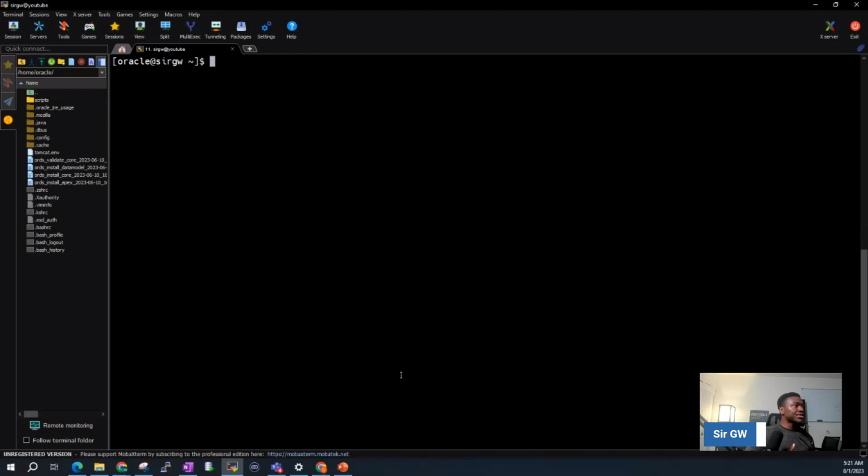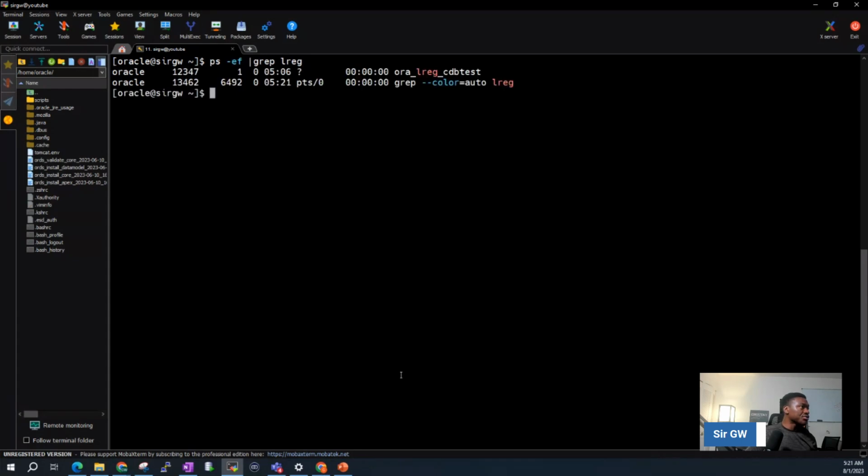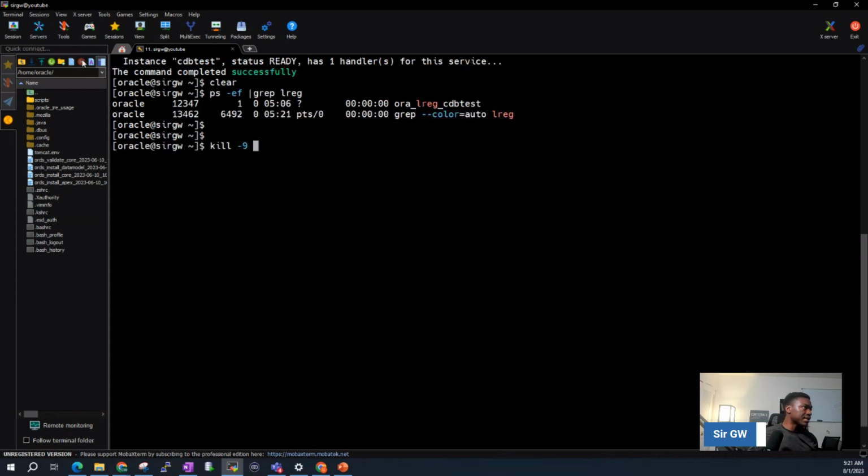so with the listener registration from the PowerPoint presentation, we said it is as critical as the PMON, meaning if we kill the listener registration process or take it down, the instance will also go down. Let's try it. Let's go back to the grep of the LREG. If I do a kill -9 of the process ID, in this case 12347,